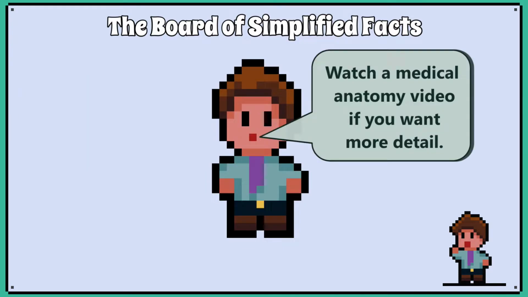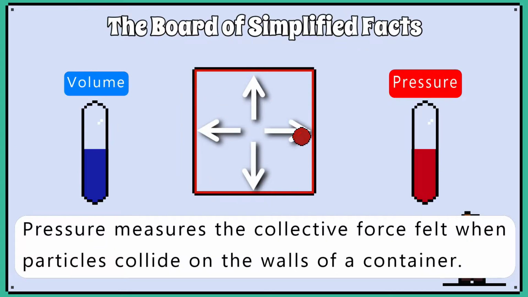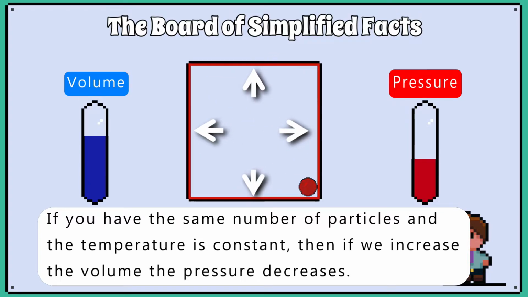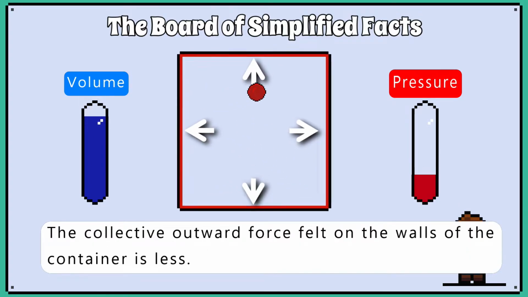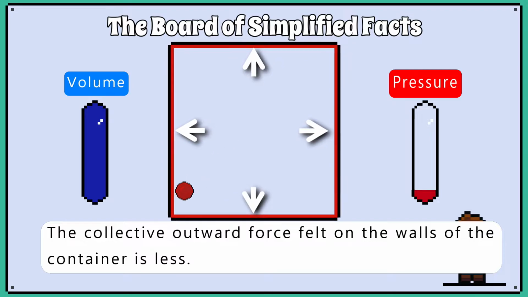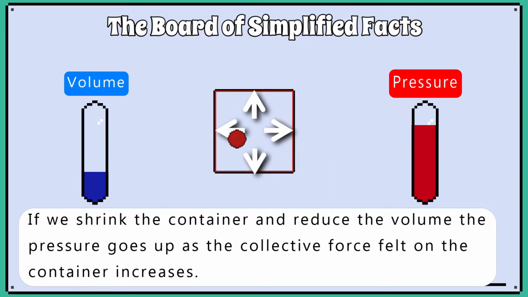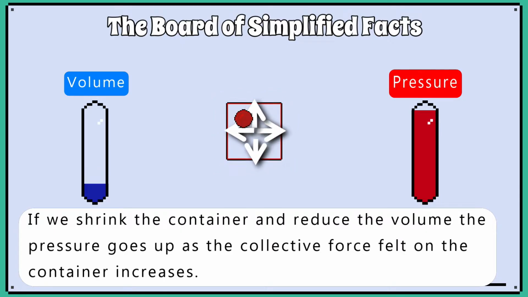Everything I mention will be simplified, and there won't be too much terminology. Pressure measures the collective force when particles collide on the walls of a container. If you have the same number of particles and the temperature is constant, then if we increase the volume, the pressure decreases. The collective outward force felt on the walls of the container is less. If we shrink the container and reduce the volume, the pressure goes up as the collective force felt on the